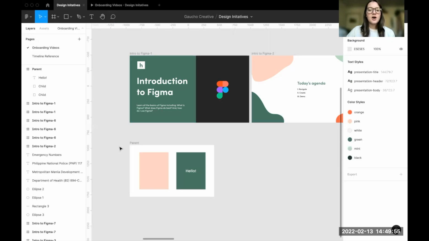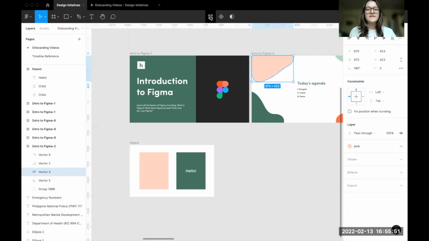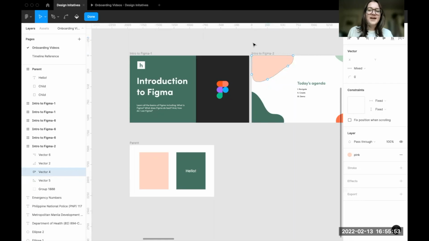Next, we have contextual functions. When you have a layer or object selected, you will see these contextual tools in the center of the toolbar. Which tools you'll see here will depend on your specific selection. And let's get started with the Edit Object icon. You can click this icon to open Vector Edit mode, and this allows you to add, remove, or adjust the individual anchor points within a vector path.